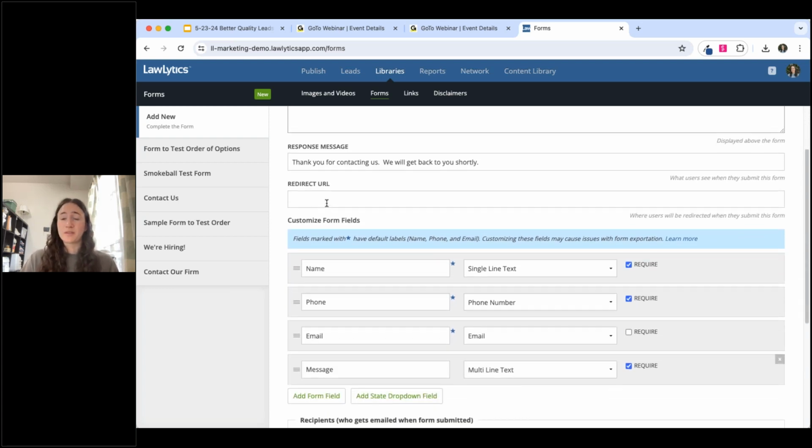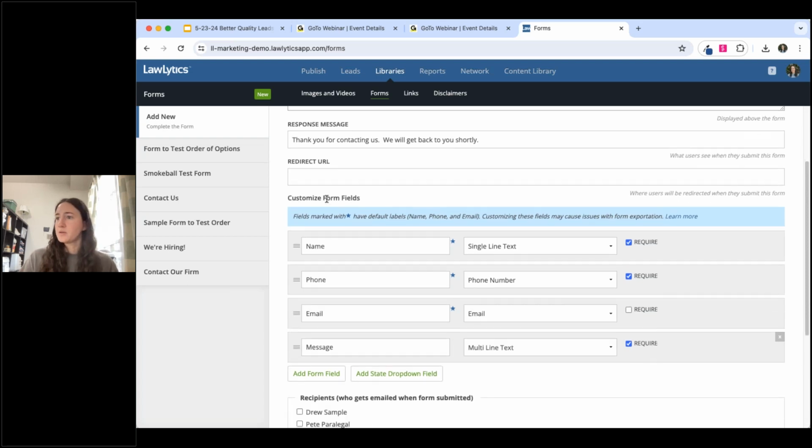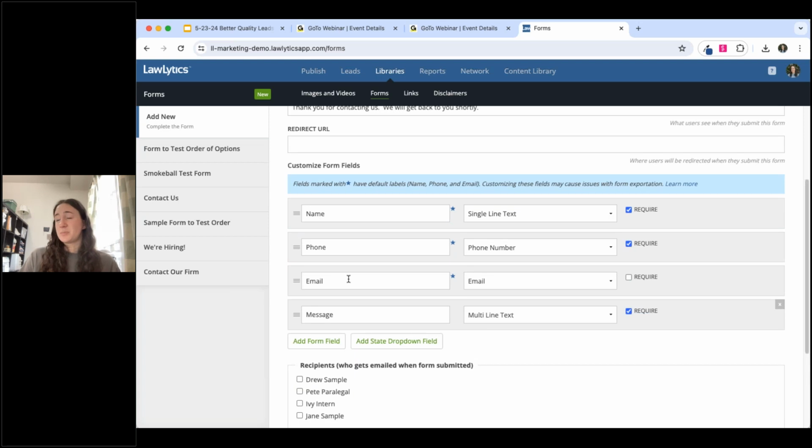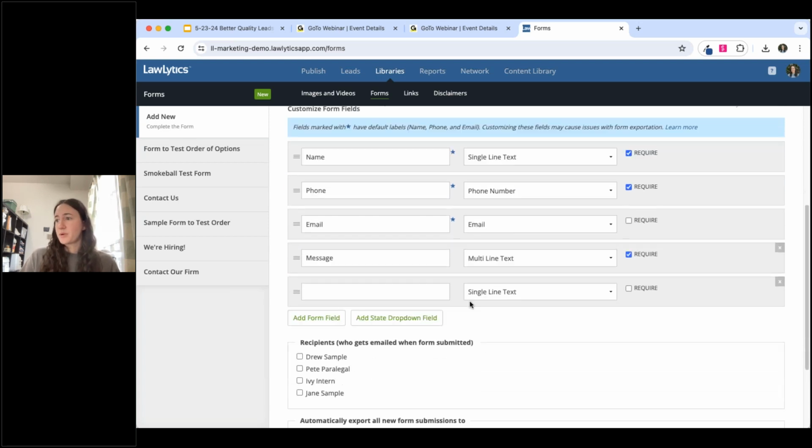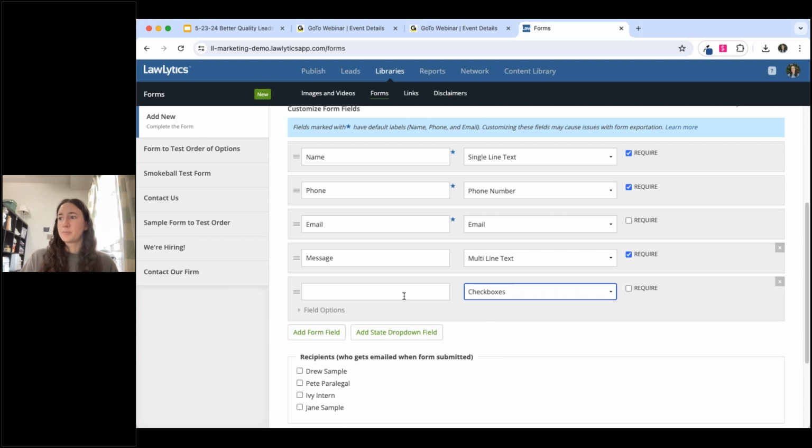Maybe I would redirect them to a specific URL, maybe another page on my website about information that would help someone who has been in an accident recently. Maybe I could direct them to that, or you don't have to redirect them at all. And then I have all of my fields. These are just the basic fields, but I can add more and then also assign it to a certain formatting. So maybe I have a checkbox one and I want to know all the people at fault. Maybe you were in a multi-car accident or something like that.